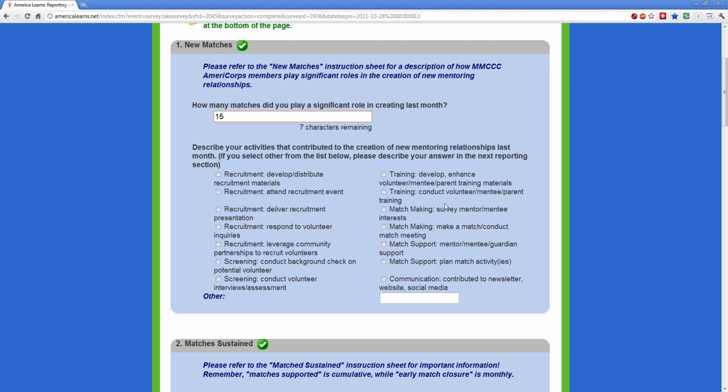So in order to count your contribution to a new match, what you need to think about is this list of stuff that you see in the second portion of this question. Everything that says recruitment all the way down to communication. If you did any one or multiple of these types of activities, and that activity contributed to the creation of a new mentoring relationship, you should count that as a new match for your AmeriCorps reporting purposes. Okay? So you don't actually have to be the one who makes the match and conducts the match meeting,